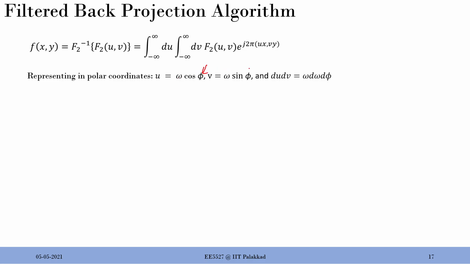Phi is the angle of interest to us, and omega is the frequency. So omega cos phi is the u direction. Let me again plot the thing. u is this direction, v is this direction. So this will be omega cos phi, and this will be omega sin phi, and when phi equals 0, we know that this will vanish, that will become 0, and cos phi will become 1, and you only have this slice. That's what we were showing you in the previous slides.